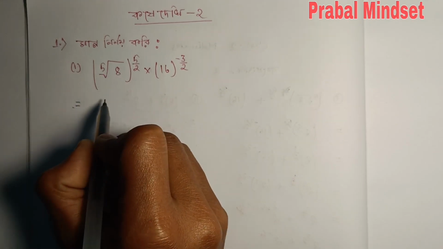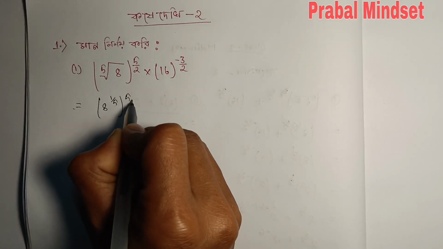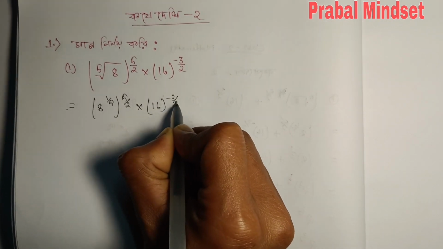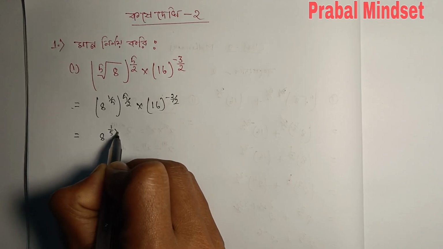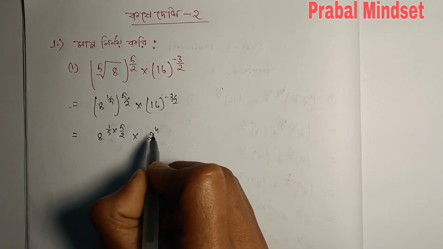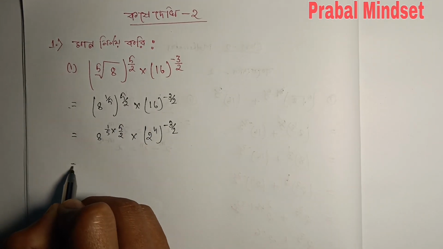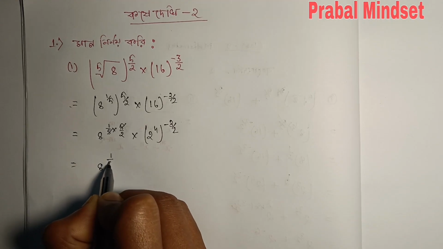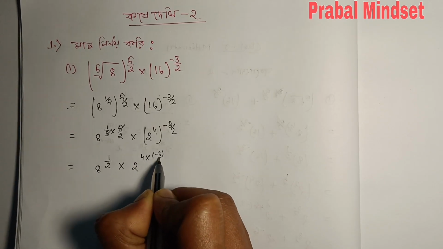এটাকে লেখা যায় প্রথমে হচ্ছে 8 to the power 1/5 তার whole to the power 5/2 into 16 minus 3/2। এটাকে লেখা যায় 8 1/5 into 5/2 into 16 টাকে লেখা যায় 2 to the power 4, power 3/2। তারপর এটাকে লেখা যায় 5 5 কাটবে, 8 to the power half into 2 to the power 4 into minus 3/2।